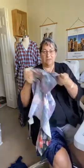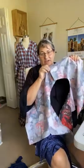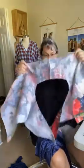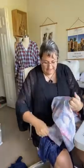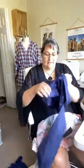So you want to give those a little press. If you want to, you can press the seam open. I usually press my edges to one side. It's up to you. It doesn't really matter. So that's the lining. Now we're going to do the outside fabric, and I'm using 2 really different fabrics so